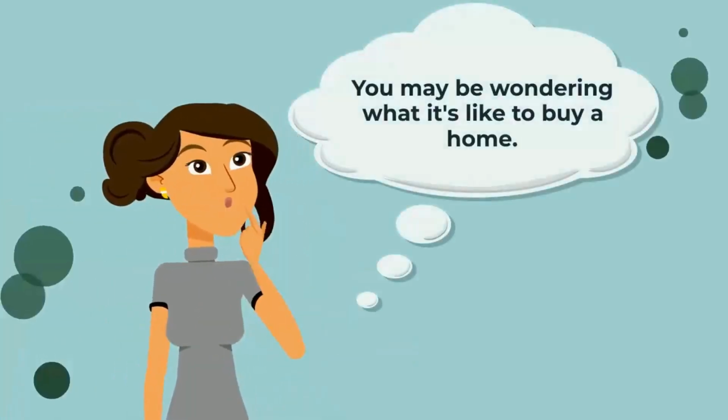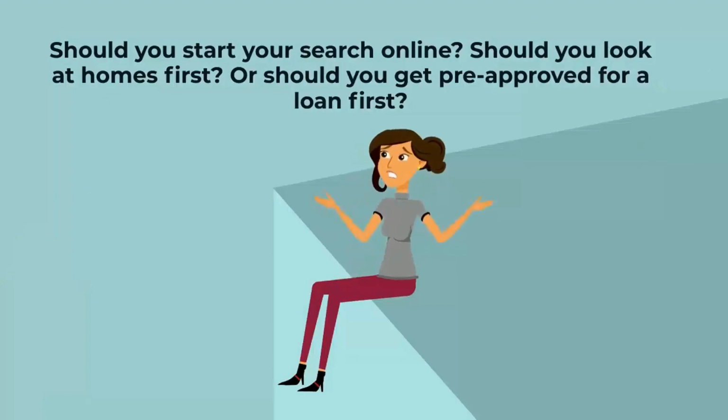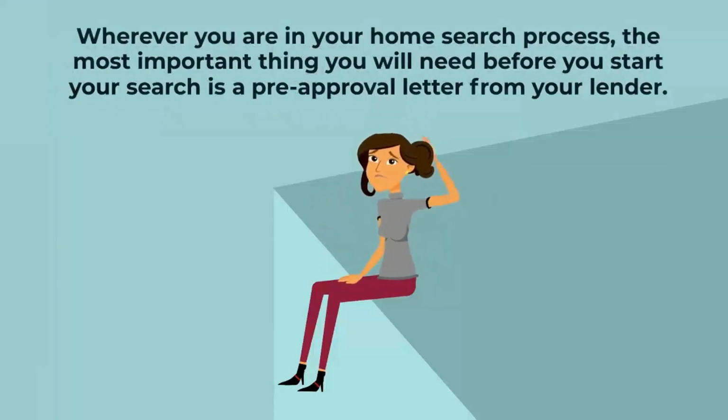You may be wondering what it's like to buy a home. Should you start your search online? Should you look at homes first? Or should you get pre-approved for a loan first? Wherever you are in your new home search, one of the most important things you need is a pre-approval letter